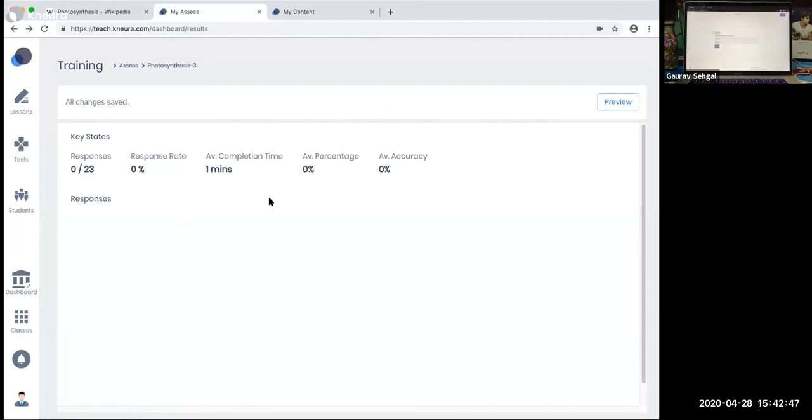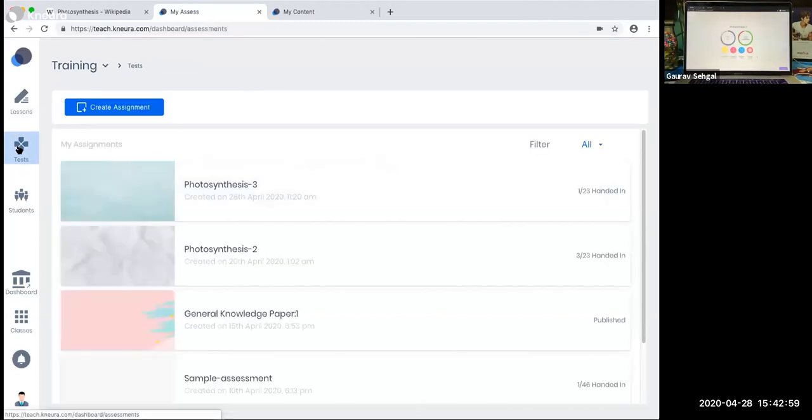Once the students have submitted their answers, it will automatically get reflected in the teacher's dashboard, where all the tests are listed. You can see that immediately once the student completes the test, you can see the score you have got, 75%, and how much time it took to take the test. I can also see the solution, for which the teacher would have already created the correct answers.